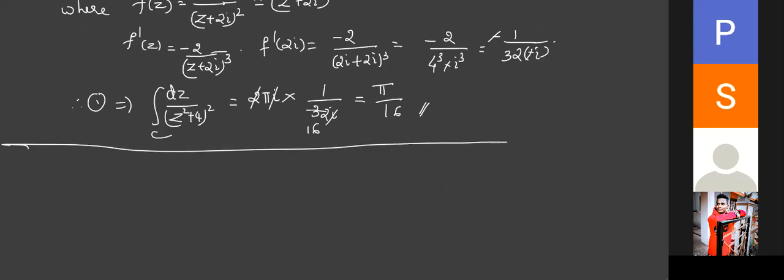Okay, let me start with the next one. In order, the next module is module 3, because module 2 is completed. But module 3 and module 5 are related to probability theory. So once I start, it is better if we continue it. In between, module 4 is about curve fitting, which is a different topic about statistical methods. So what we have thought is, let us not go to module 3 now. We are going to start with module 4, because it is a statistical method, very different from probability. Today I'll start with the same thing.